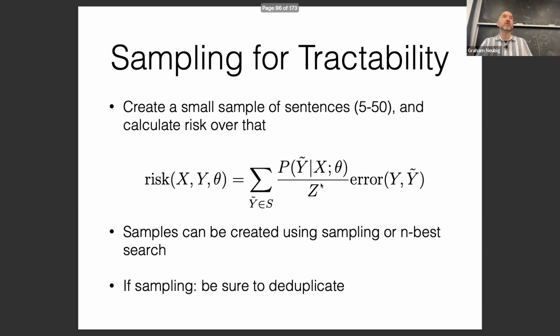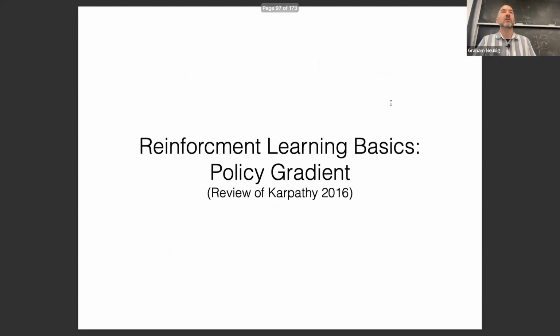However, there are some problems with this. One big problem, and one reason why people don't use this method very often, is you still need to sample multiple or many outputs for each input you have because you need to compare against them in the sum. Because of this, it's quite a bit more common nowadays to use reinforcement learning methods that allow you to step away from this a little bit.